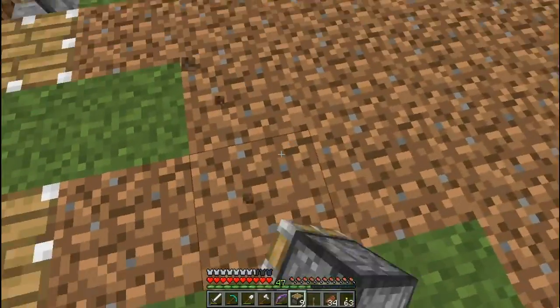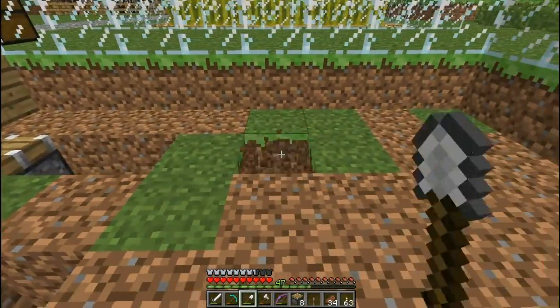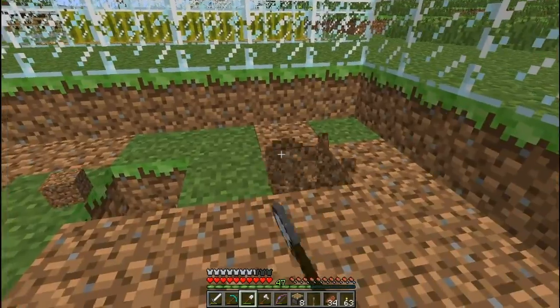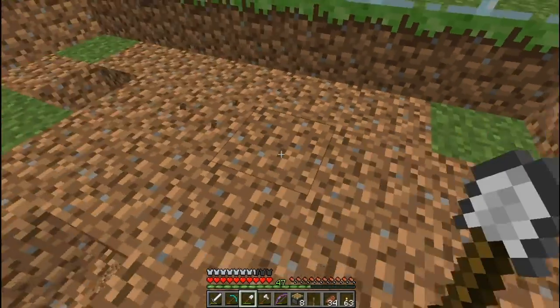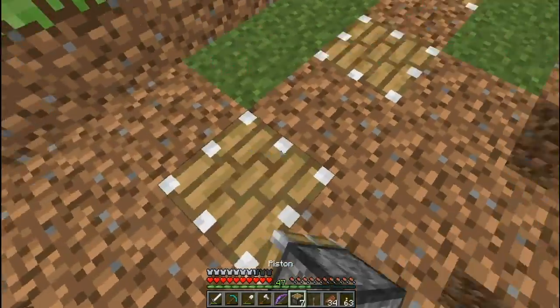Oh, there was some coal down there. I don't really care, though. And then the same thing going down. So I'll use my shovel to make this go a bit faster. And you could obviously do more and make it bigger, but I think 12 is enough. I mean, there's not a whole lot of things you use cacti for anyways, so...